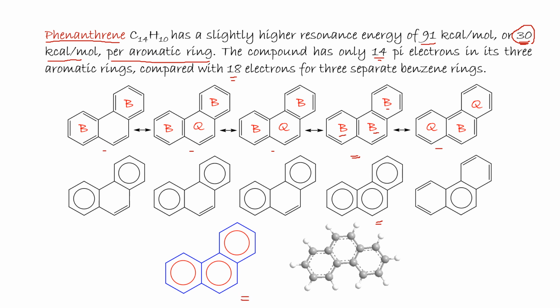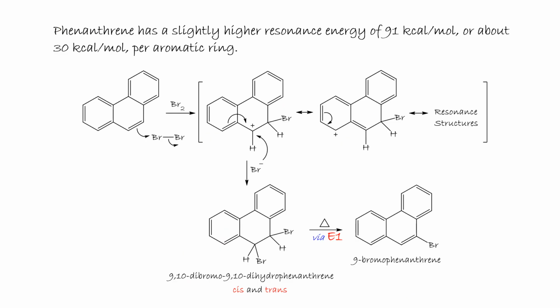Again, we draw it this way, and the 3D programs nowadays show the complete delocalization of the pi electrons over the 3 rings. So is it more reactive than benzene? Yes. That's why when you add bromine again, you end up with a 9,10-dibromo-9,10-dihydrophenanthrene in cis and trans mixture. But when you heat this compound,